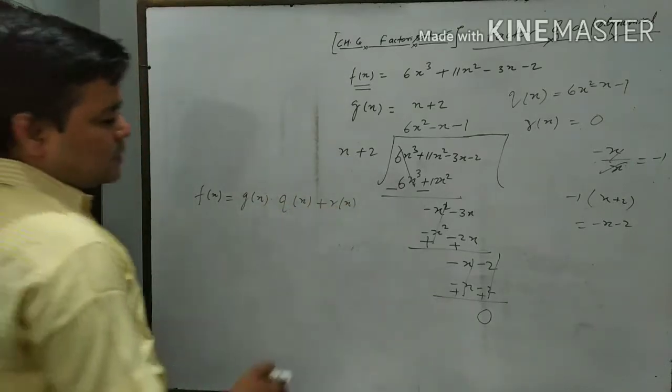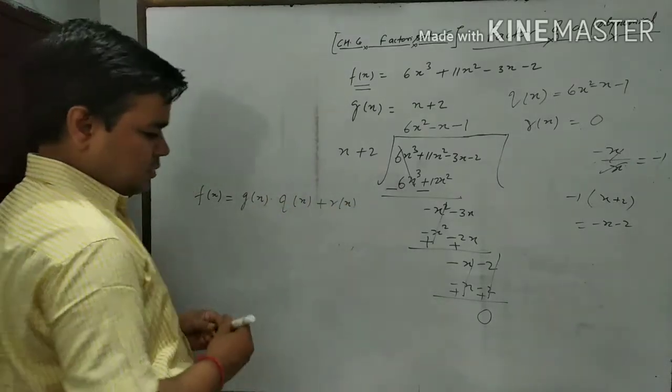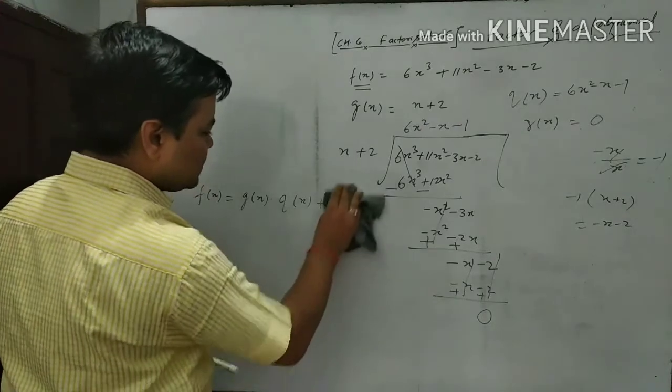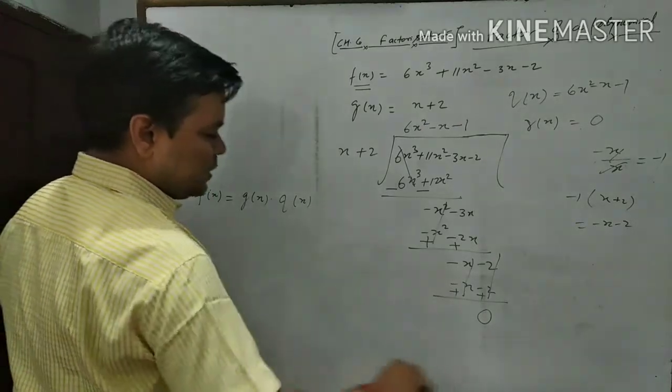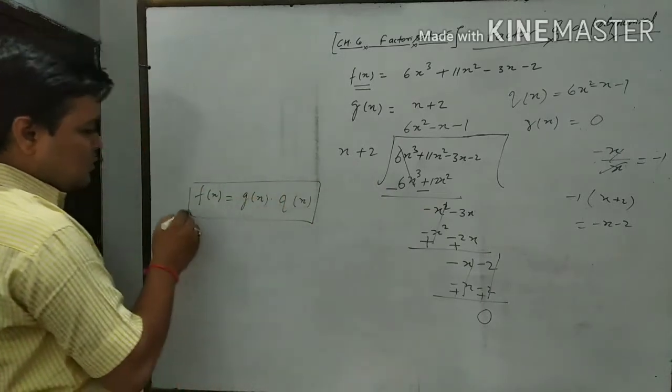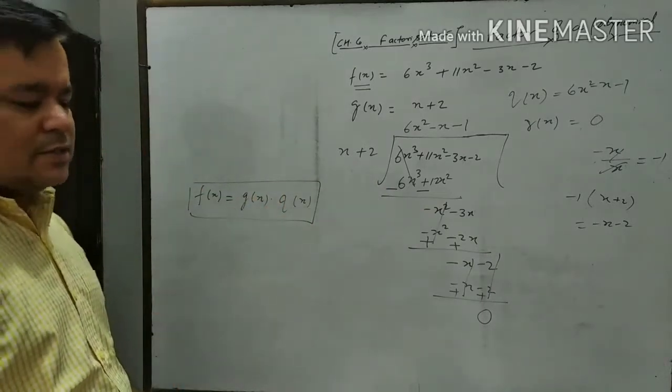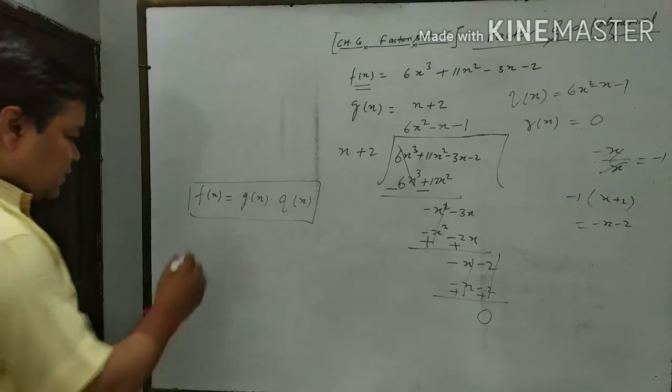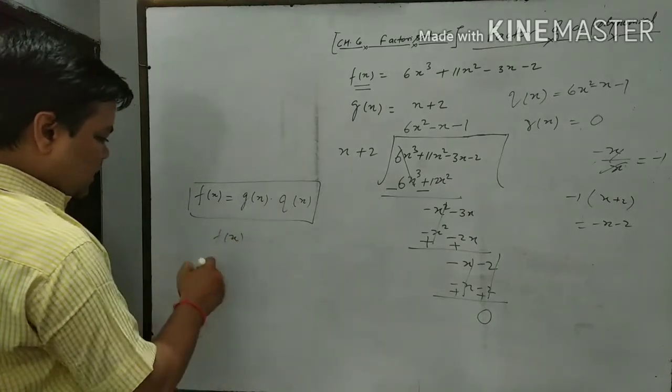But the value of r(x) is what? 0. The value of r(x) is 0. Therefore, no need to write this. It means here f(x) is equal to g(x) into q(x). It means when we divide f(x),